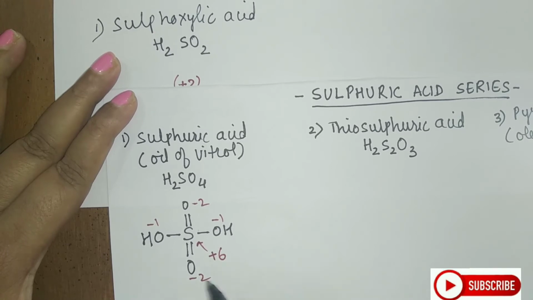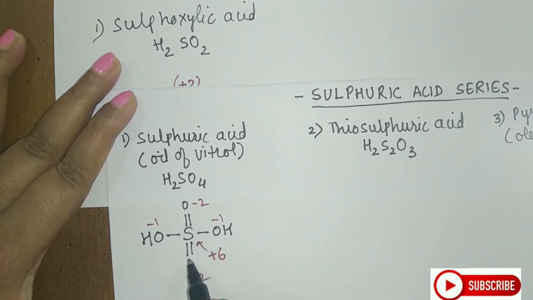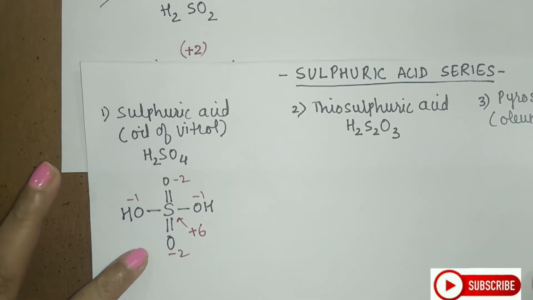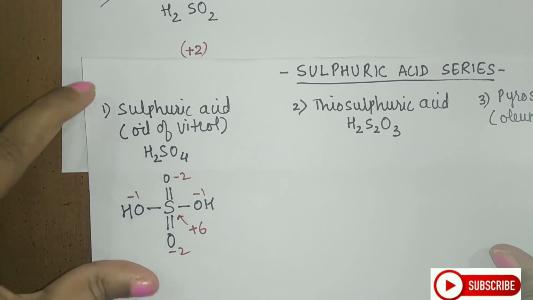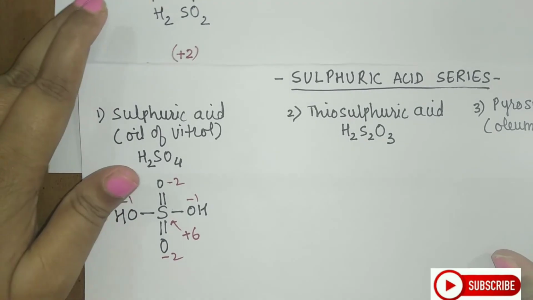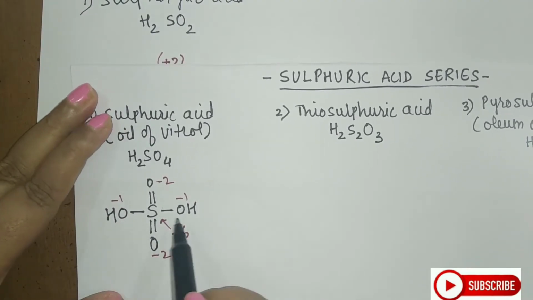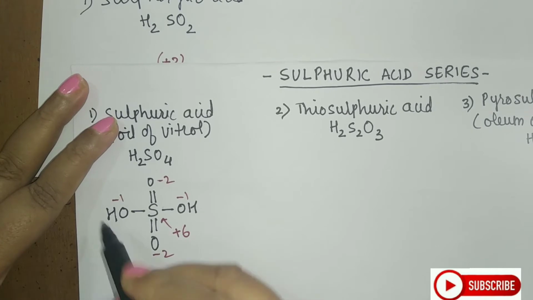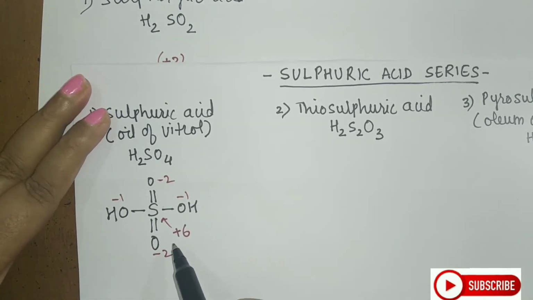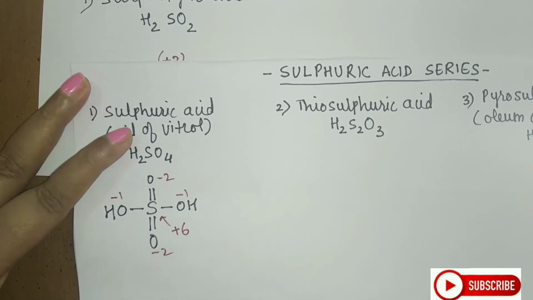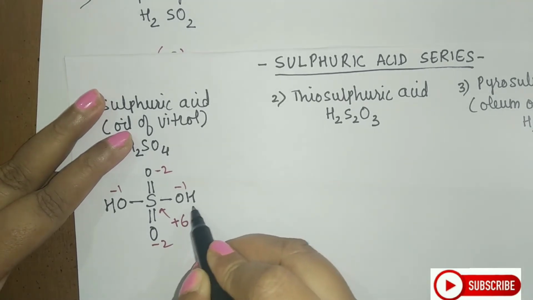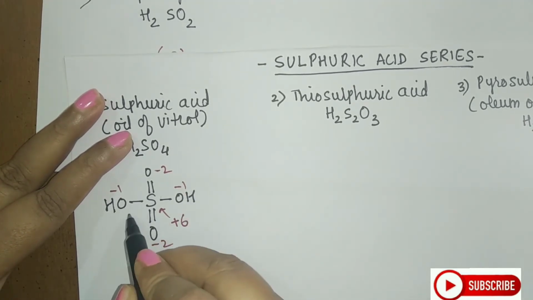Now if you go for the hybridization here, 1, 2, 3 and 4, there are 4 sigma bonds, and therefore it will exhibit again sp3 hybridization. Very interesting is that in sulfuric acid there is no lone pair present on sulfur. So this is the structure for sulfuric acid. Now students, you see that there are 2 OH groups, and because of that this is called a dibasic acid. Di means 2, basic means it can consume 2 OH groups because it can liberate 2 H+, as this is an acidic group here.